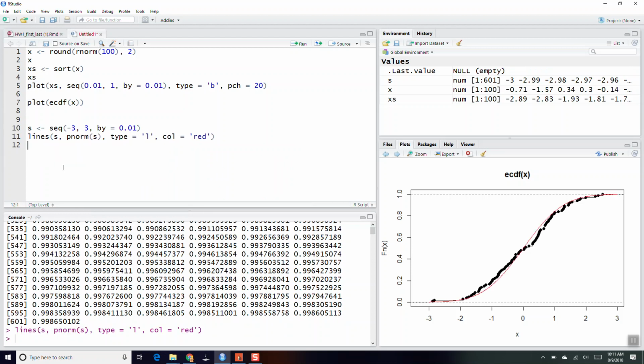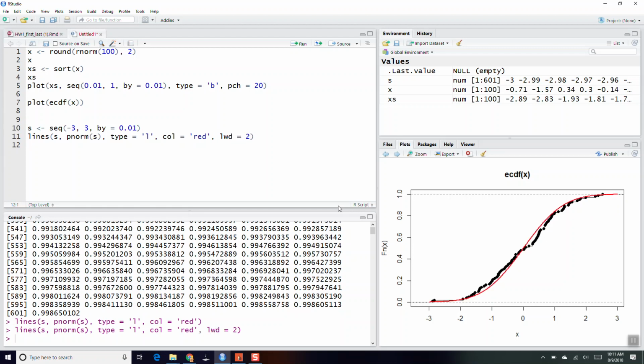And let's add this to our plot. So instead of plot, I'm going to do lines. And so the red line represents the theoretic CDF, and the black dots is our empirical CDF. And we ask, does the theoretic and the empirical CDF line up pretty closely? And it seems that they do. Okay, and then the KS test formalizes this,